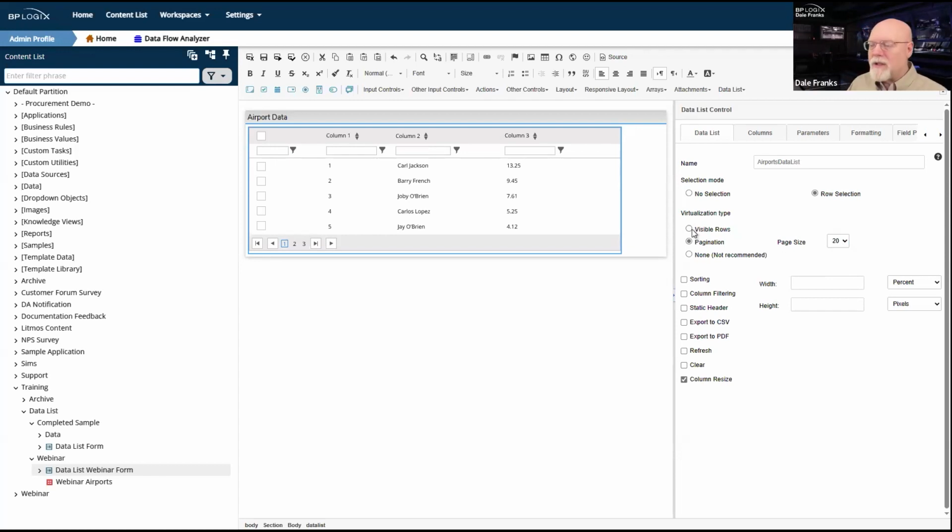It's called visible rows. In this case, it will not show you the pagination controls. They won't exist. You will be looking at it as if it were a single page. What you will see over on the right side of the screen is a scroll bar. And it's basically an unending scroll bar until you get to the last record in the record set, in which case you've scrolled to the bottom.